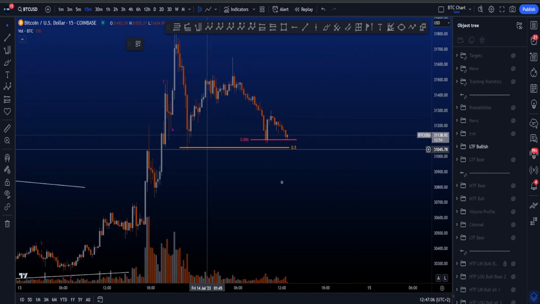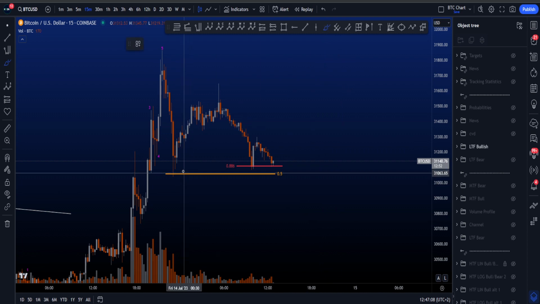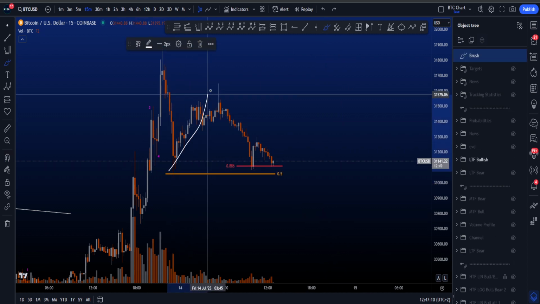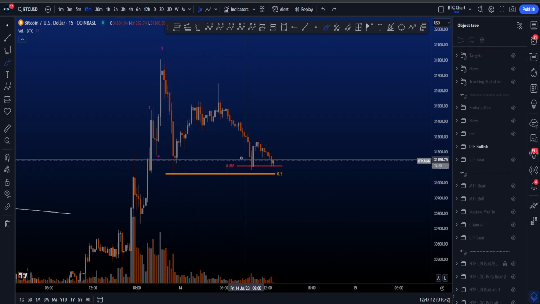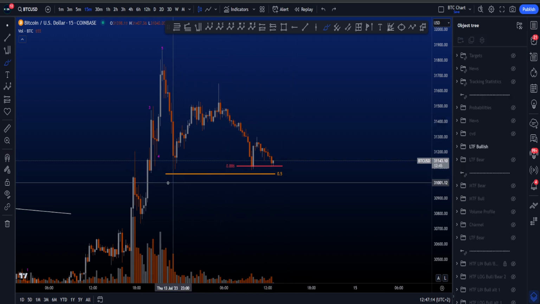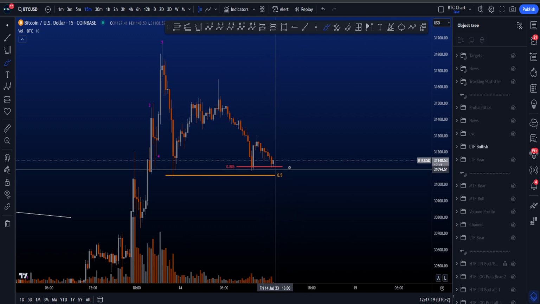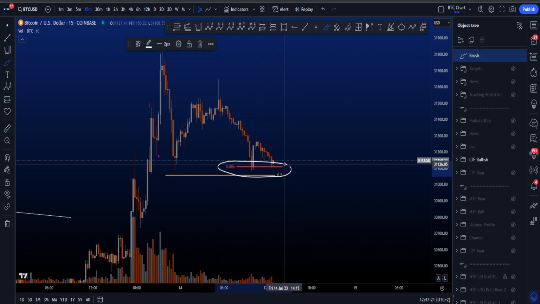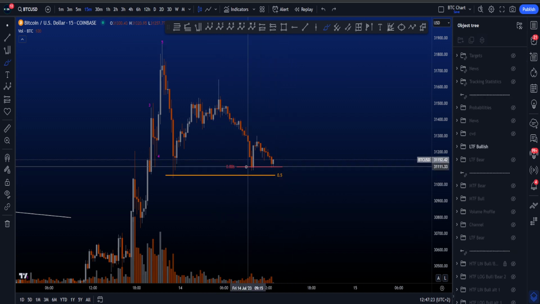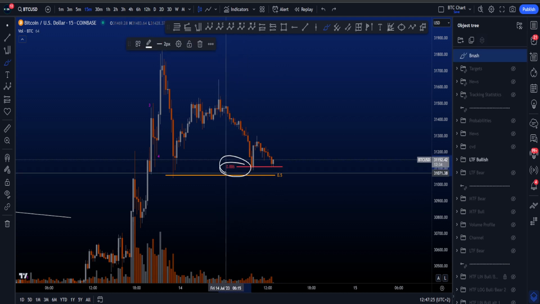Currently price is bouncing on the 0.886. So yes, it hit the 0.5, moved to the upside over here, had a correction, currently on top of the 0.886. There's some bullish CVD divergences that I go over in a second. But the 0.886 is usually not a target for a wave 2. It's a rare target for a wave 2, and it is a common target for a wave B or a